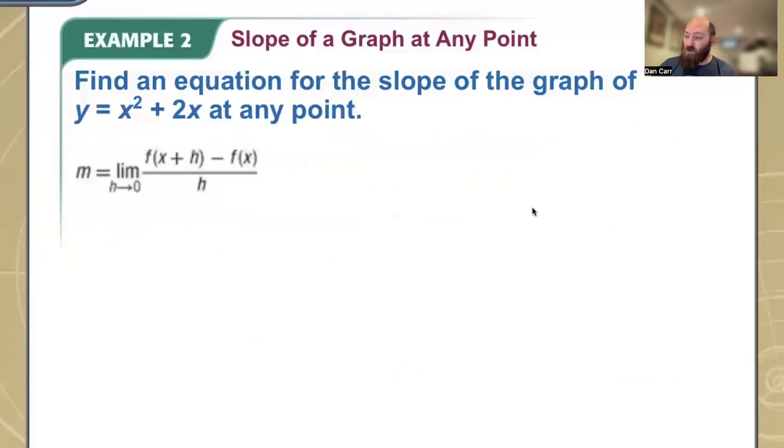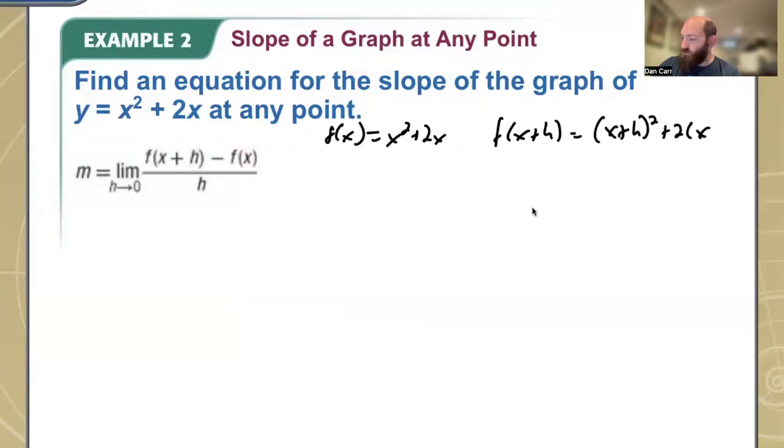We're defining our instantaneous slope as this limit, and we're going to work through and simplify these as best we can, all right? So same thing as before. Let's say f of x is equal to x squared plus 2x, which means f of x plus h is going to be x plus h squared plus 2 times x plus h. If I simplify this a little bit, that's going to be x squared plus 2xh plus h squared plus